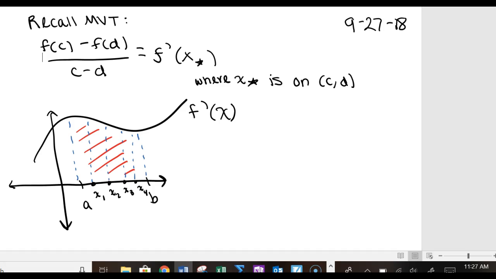I'm going to do a whole bunch of stuff here. The area of all the rectangles is going to equal x sub 1 minus a times f of x sub 1, plus x sub 2 minus x sub 1 times f of x sub 2. What am I doing right now? I'm just writing out